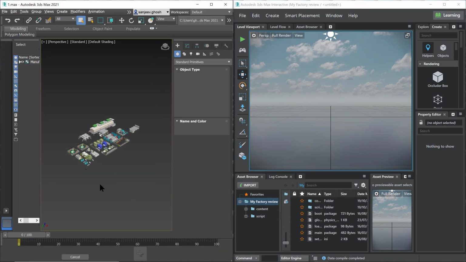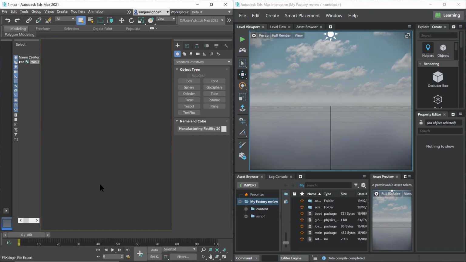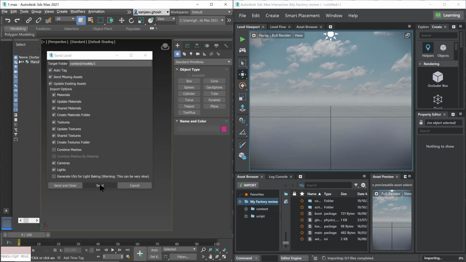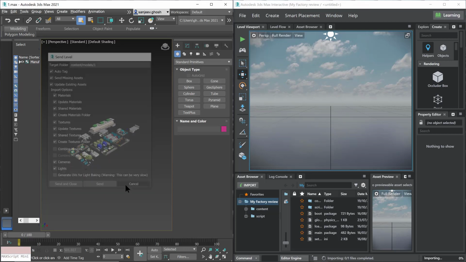Now I have used a connection between 3ds Max and 3ds Max Interactive to directly send data from the window on the left hand side, which is my creation tool, to my gaming tool, which is the one on the right hand side, with just a click of a button. Now why I am using this method is because I am bringing in the factory layout data first, and then I intend to bring the building data.